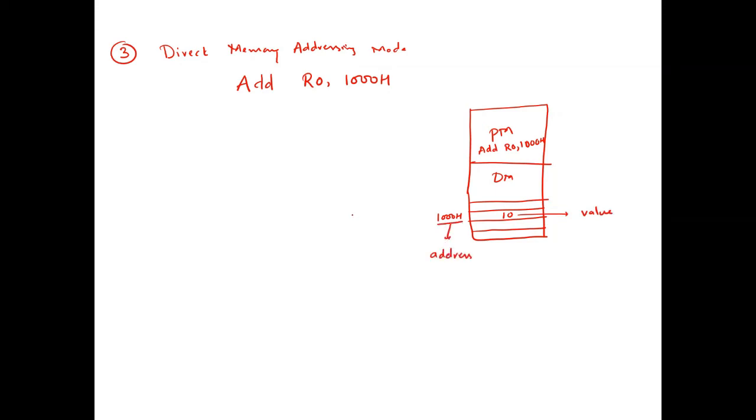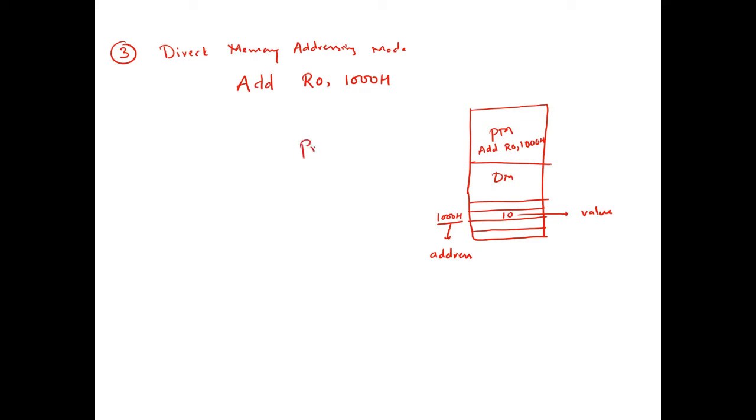In immediate addressing mode, what we have seen is that the immediate value itself is present in the instruction. And what about register addressing mode? Neither an immediate value nor a data memory address is present; the register names are present, the registers where the data is available. That we have seen. But in direct memory addressing mode, what happens is